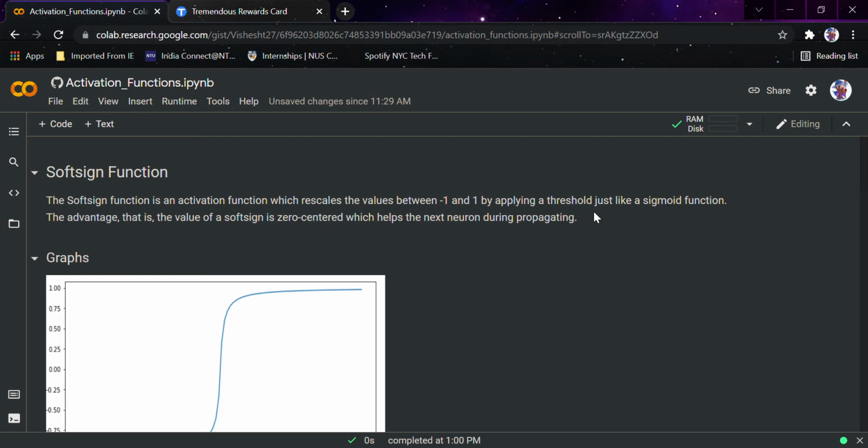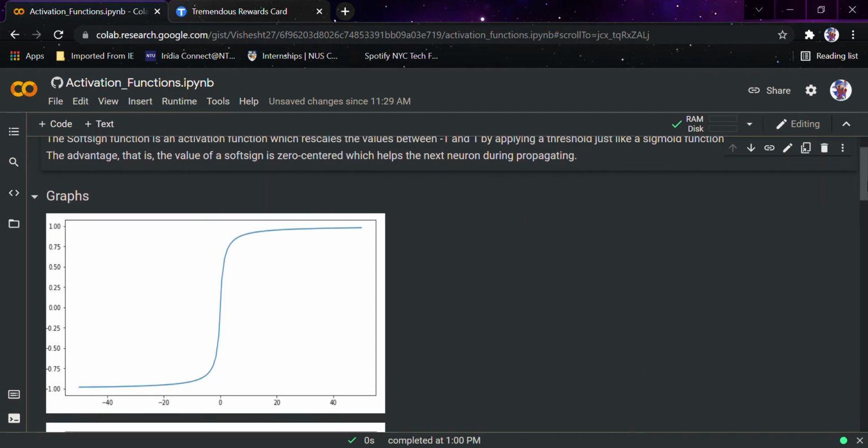As you can see from the definition, the softsign function is an activation function which rescales the value between -1 and 1 by applying a threshold, just like a sigmoid function. The advantage is that the value of softsign is zero-centric, which helps the next neuron during propagation. So if you have studied the ReLU and softplus functions, the softsign function must be a